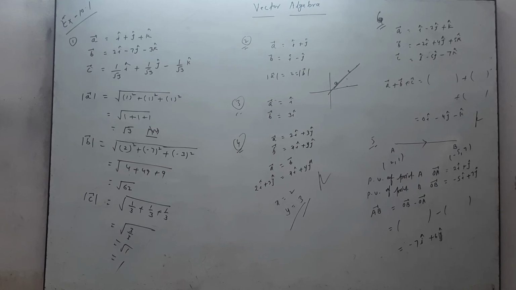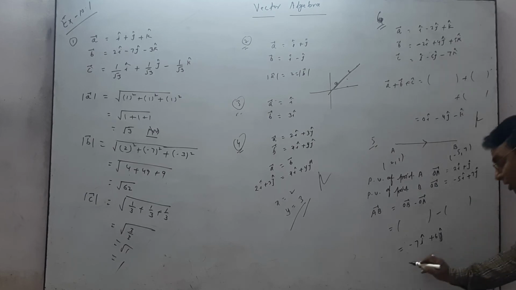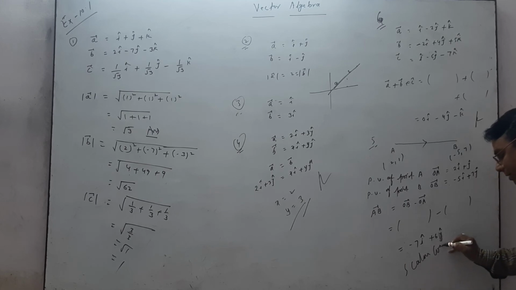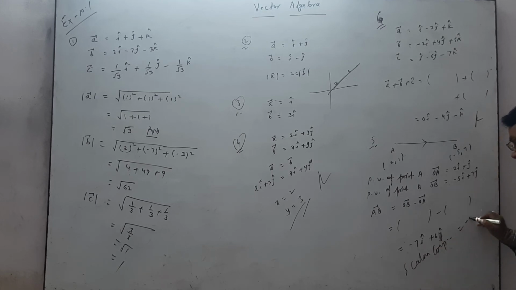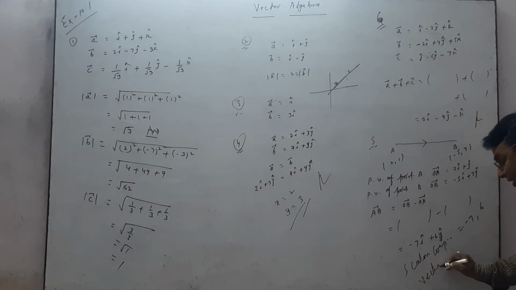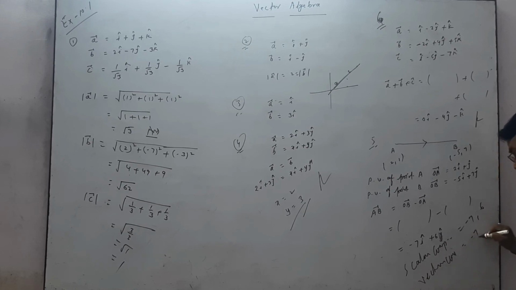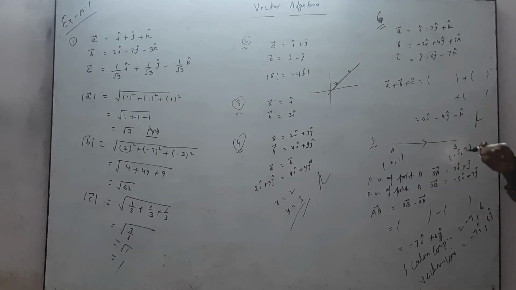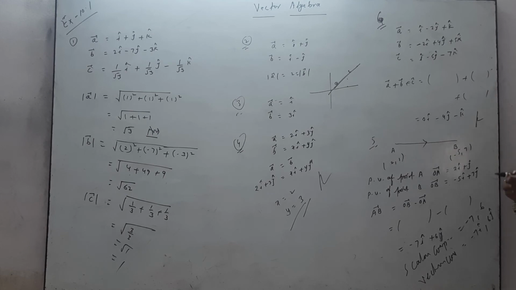But now write what are the scalar components and what are the vector components. You know student, scalar components, that means minus 7 and plus 6 are the scalar components. But if we ask what are the vector components, vector components mean minus 7i cap, comma 6j cap. That is, if you attach i and j with them, that is a vector component. Without i and j, that means only the coefficient, that is a scalar component. So what are the scalar components? Minus 7 and plus 6 are scalar components, but minus 7i cap, comma 6j cap, that is a vector component.